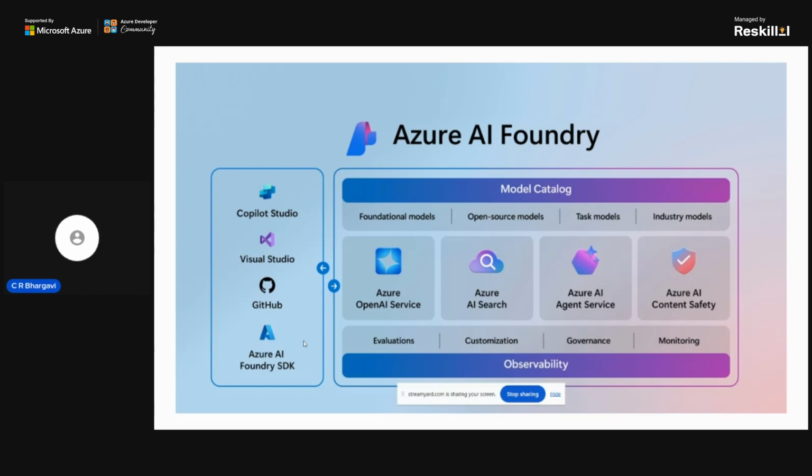So AI Foundry is a combination of everything that we discussed so far. It can act as your agent. Also, it can act as your content safety manager, where it ensures your chatbot is safe.